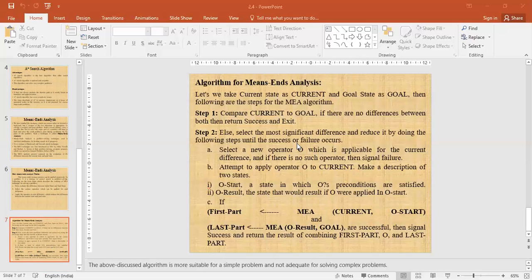Part A, select a new operator O which is applicable for the current difference, and if there is no such operator, then signal failure. Part B, attempt to apply operator O to current, and make a description of two states.